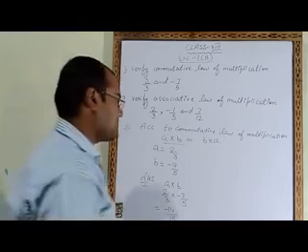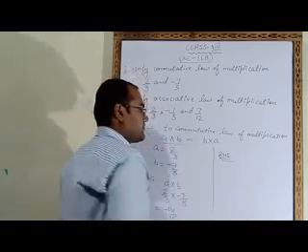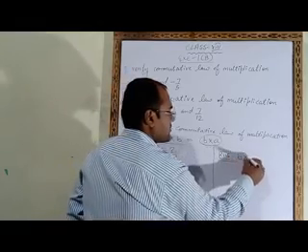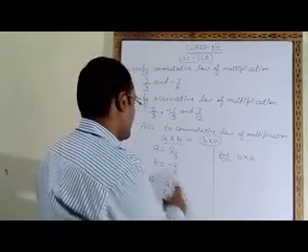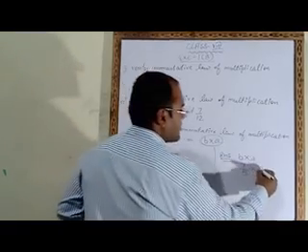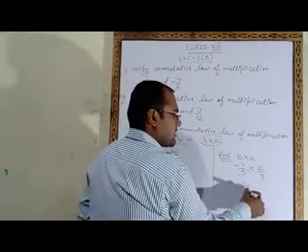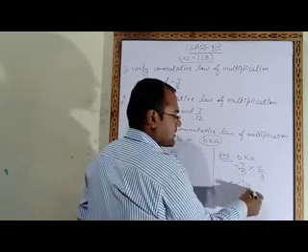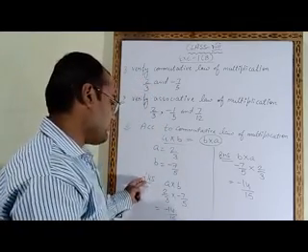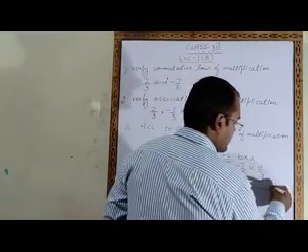Now we will solve the right hand side, RHS. What is RHS? RHS is B multiply A. So here we will put the values. B value is minus 7 upon 5 multiply A. A value is 2 upon 3. Now we will multiply these two. 7 twos are 14. Sign also we will multiply, plus minus minus. 5 threes are 15. So the answer is minus 14 upon 15. Left hand side answer is minus 14 upon 15. This is equation number 1. Right hand side answer is minus 14 upon 15. This is equation number 2.